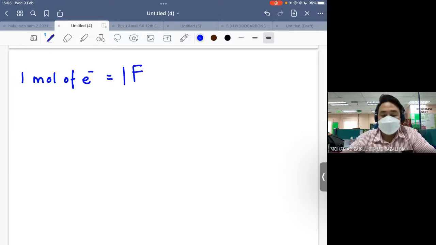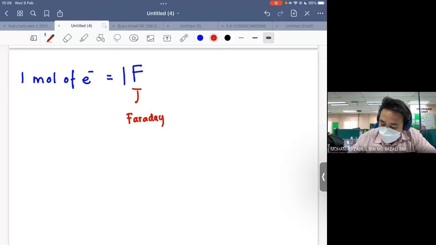Faraday constant tu kita denote dia sebagai F je lah. So 1 mole of electron is equal to 1 F atau 1 Faraday constant,